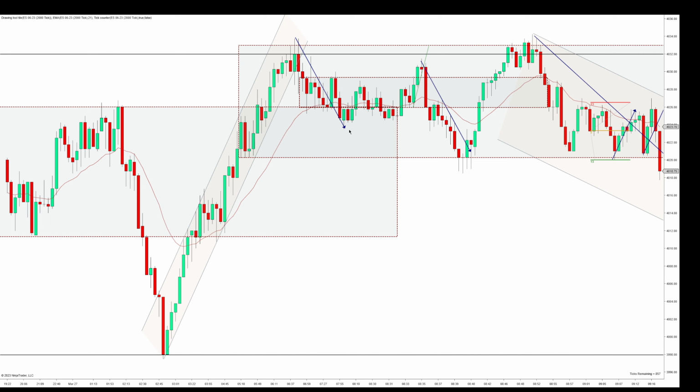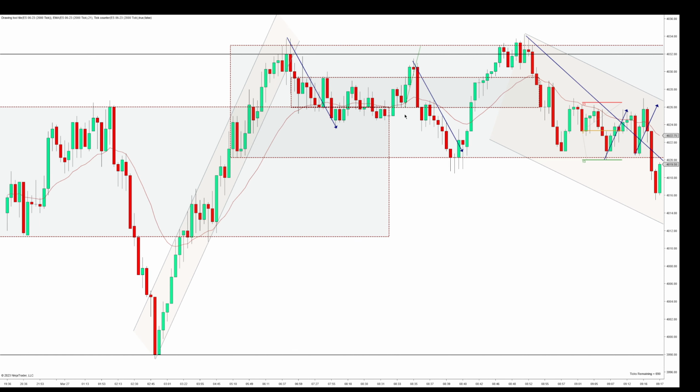And then here you can see a to the tick failed second entry, first entry short, second entry short failure. That's not a big picture failed second entry. That's not something I'll be entering on. And then even by the time you get this bar up here, there's no room at that point. And then as soon as you break out, it fails, and then forms this second bigger picture leg down,